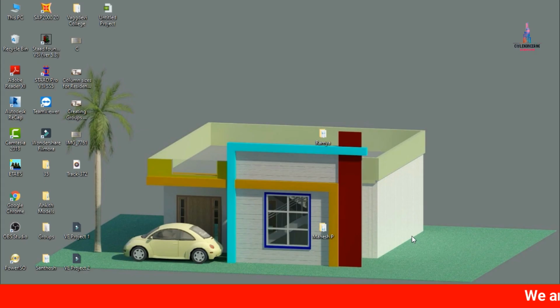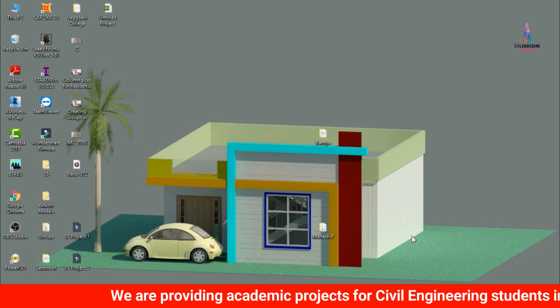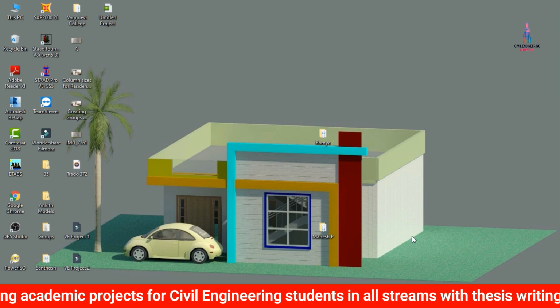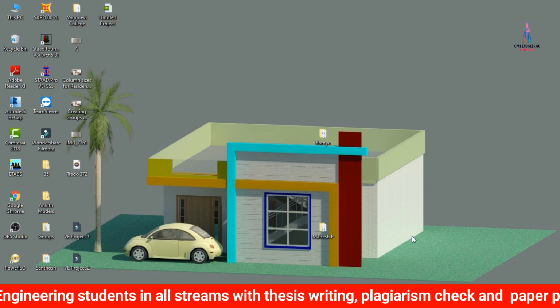In this video lecture, I will explain the analysis and design of a horizontal irregularity building, which is a 12-story structure, using STAAD Pro V8i software. Initially, I will show you the typical 3D model of the building structure in STAAD Pro so that you can understand the concept related to horizontal irregularity.